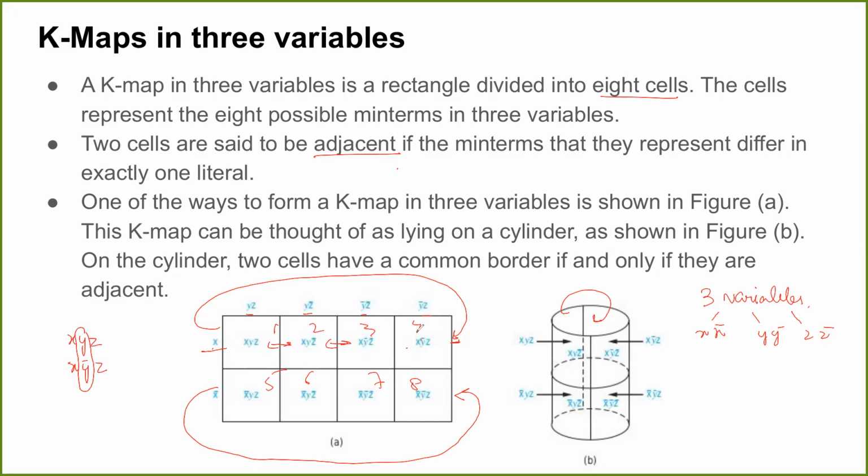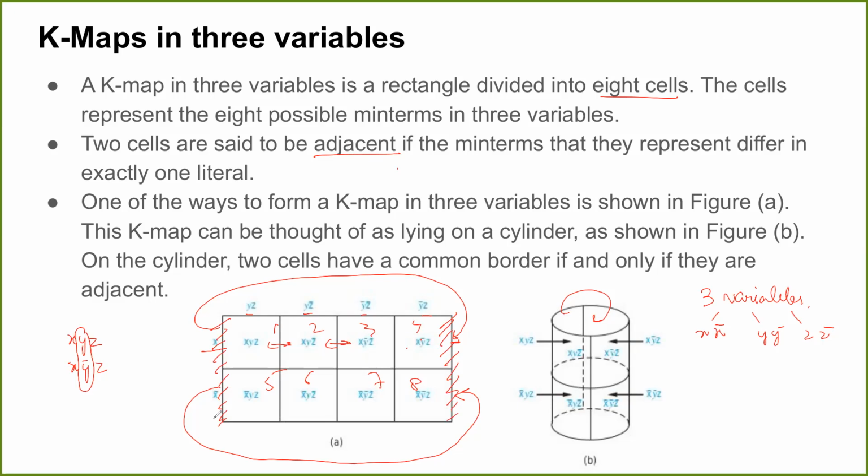So in general, a K map of three variables is written like this. You have one variable on one side and combinations of two variables on the other side. And the way it's thought of is like a cylinder. So this boundary we say is shared. This is the wrapping boundary. Why is this important? Because remember, with the Karnaugh map, your end goal is to find the adjacent cells, which will help you in minimization. So this wraparound visualization is very important.